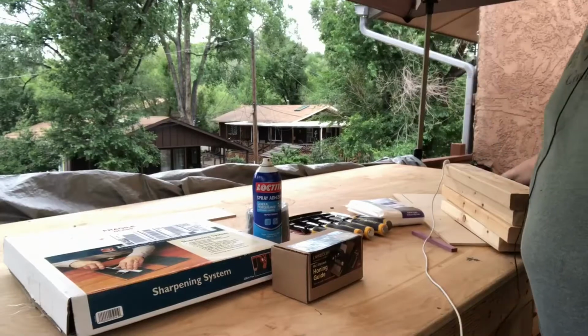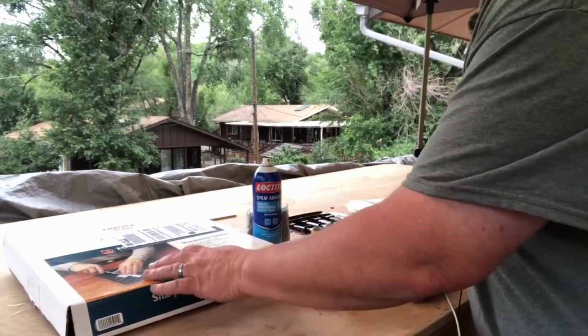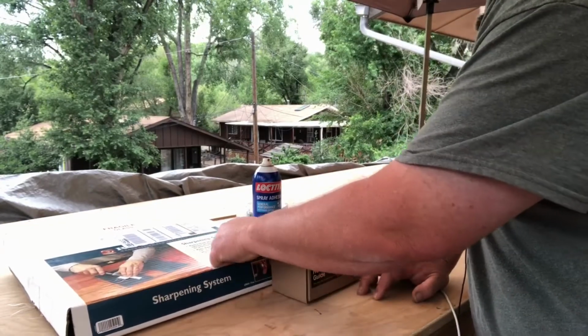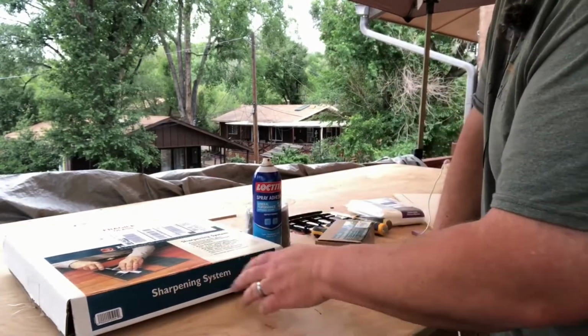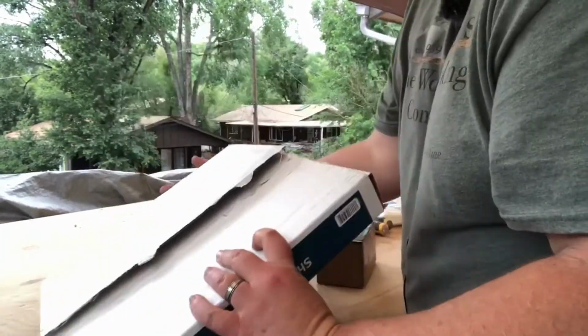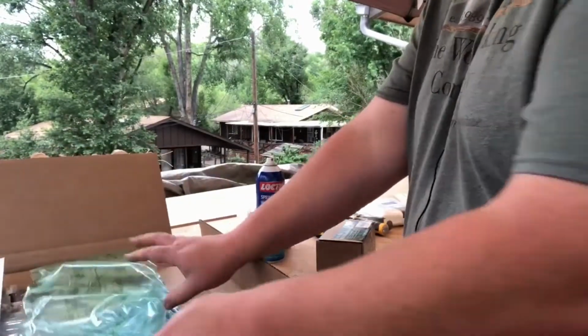So let me get the camera turned around and I'll show you what we're working with. Okay, so this is what I got. I ordered the fine sharpening system from Rockler, and this is all it comes with. I've already opened it, so it comes with